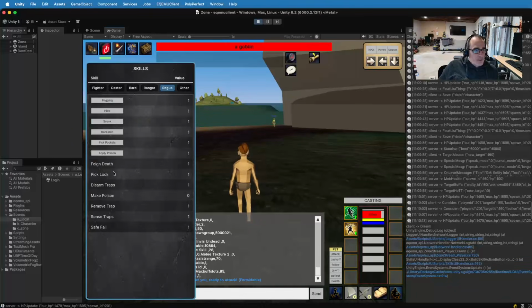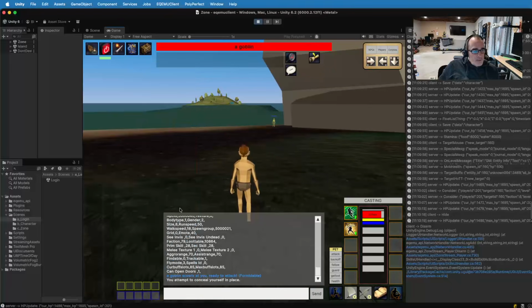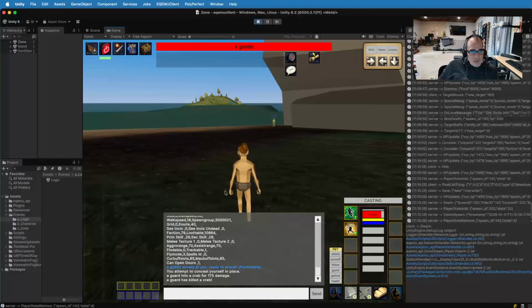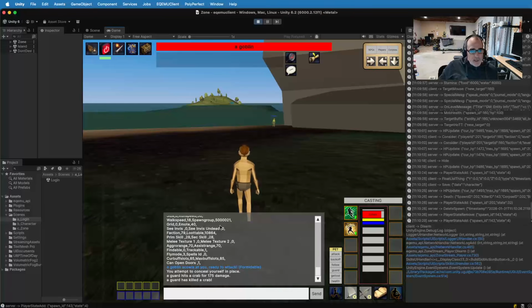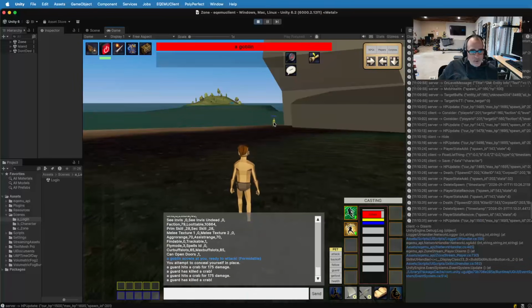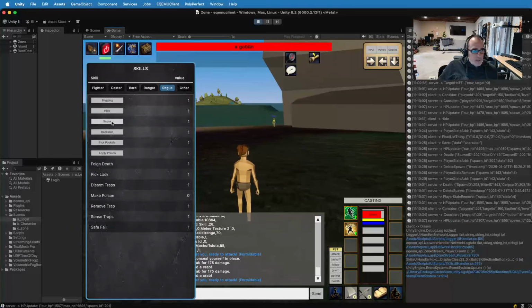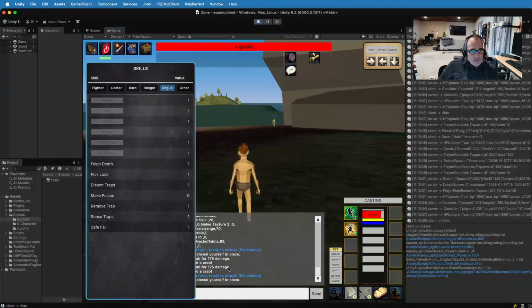Okay, so now we're gonna try to hide, and we've attempted to hide. You can see the message here says you attempt to conceal yourself in place, which means as soon as you move in any direction, it's going to break the hide. But the only way to know if it was successful is to consider him again, and he's still ready to attack. So that means it failed that time. Let's do it again. Attempted to hide, and we're going to consider,